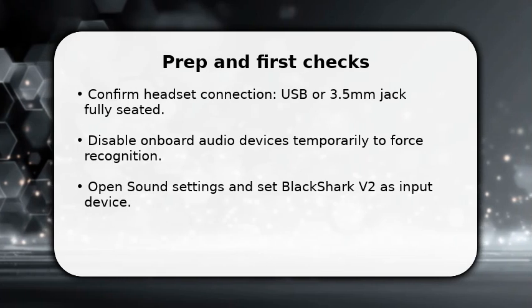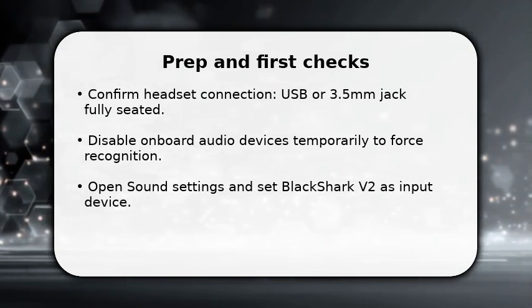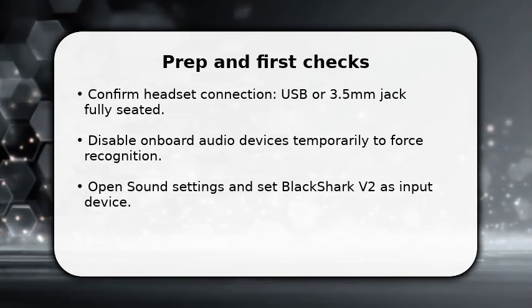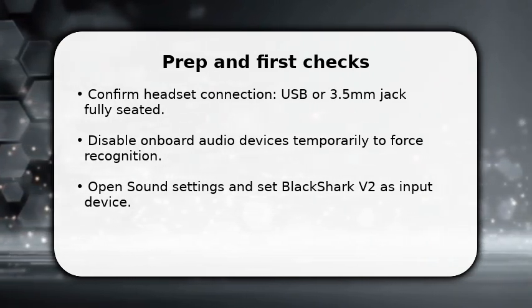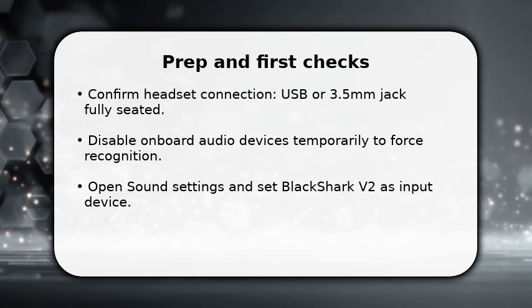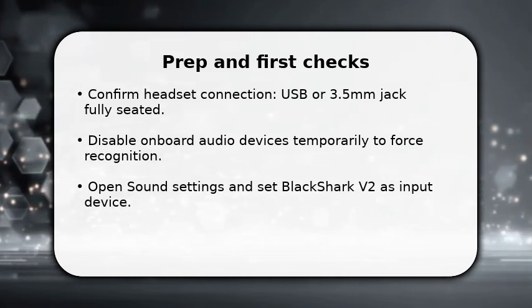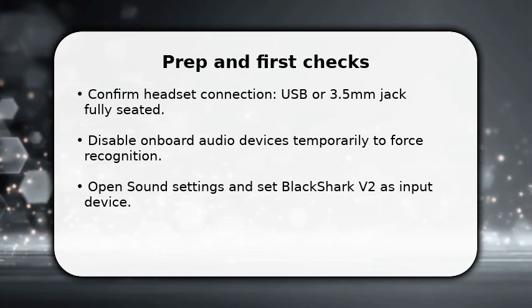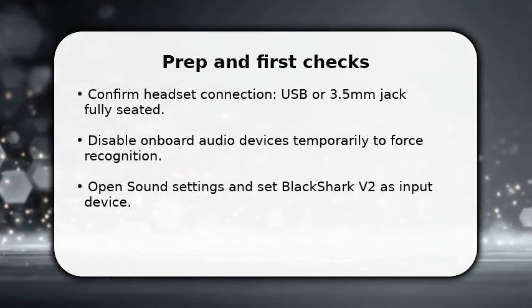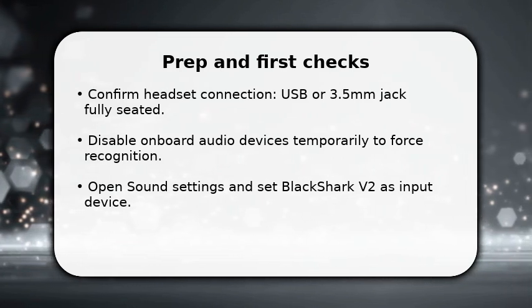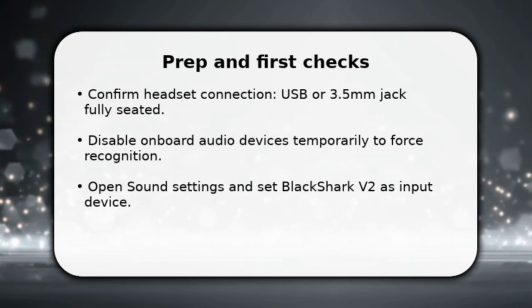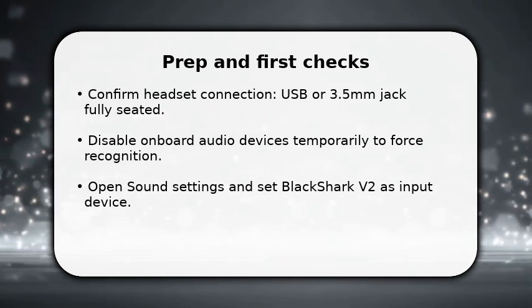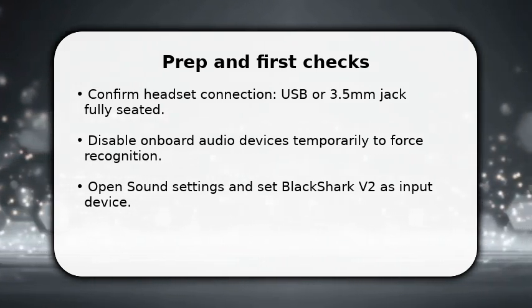You begin by verifying the basics under the hood. Plug the headset firmly, pick USB or 3.5 correctly, and make sure Windows sees it. Once done, disable other microphones so drivers focus on the BlackShark V2, and then select it explicitly in sound settings. You do this to remove device conflicts and force an initial handshake. This step prevents the system from routing audio elsewhere and prepares the software layer for the more targeted fixes that